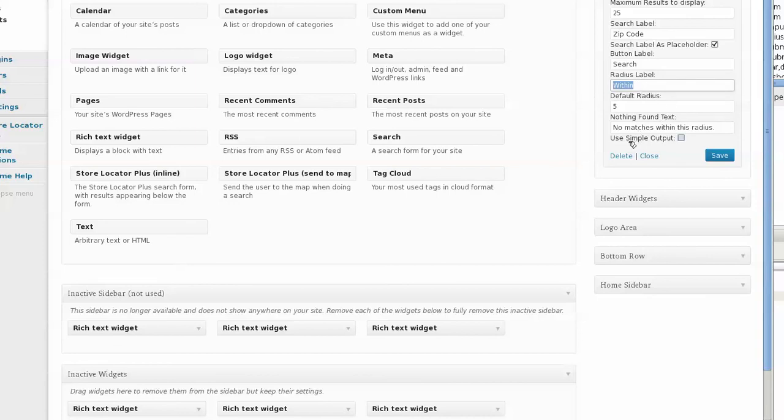And then simple output will turn on the original widget pack setting where it just shows the location name and the distance. So in some widget areas you don't have a lot of space to do a more complex output like you just saw, so that will simplify it and allow it to fit in a much smaller space. So for now I'm just going to show you the change of the search label as placeholder. So I'm going to open that up